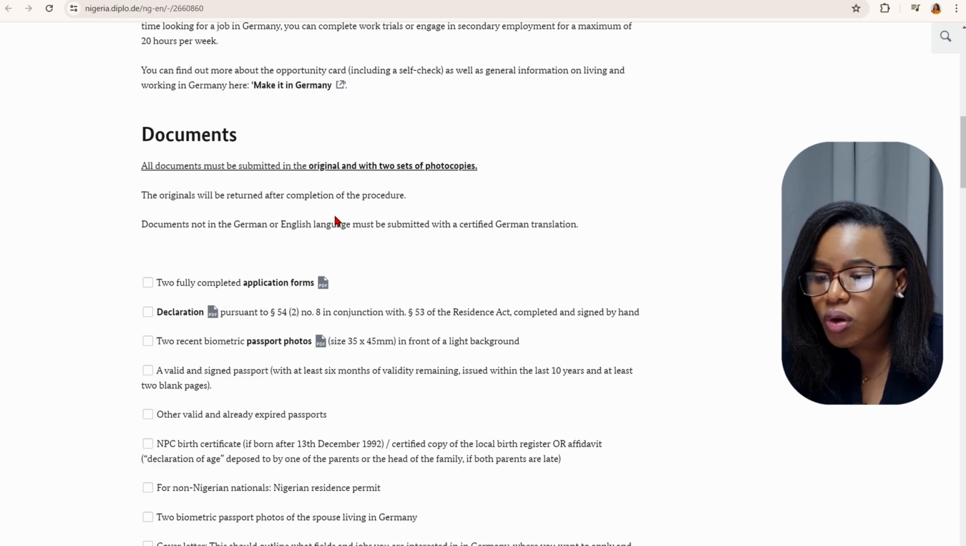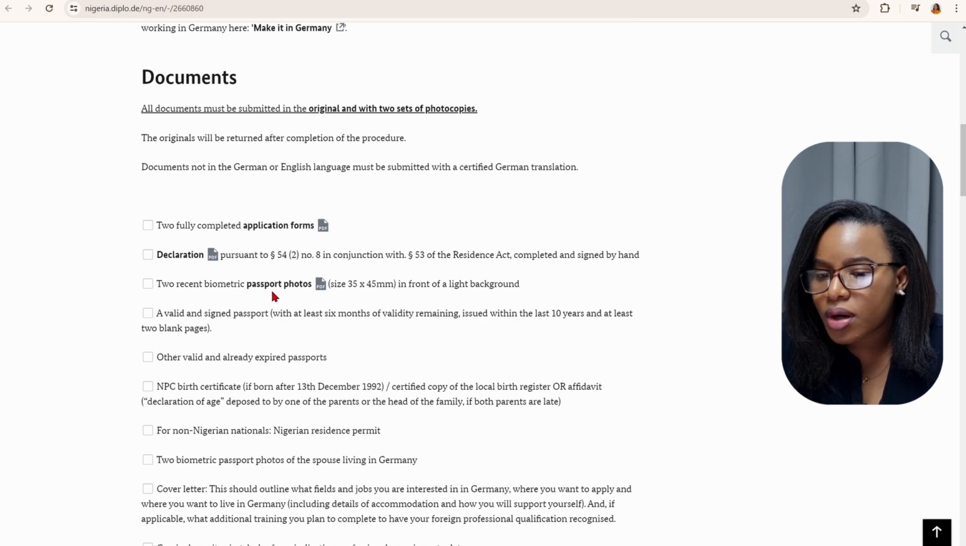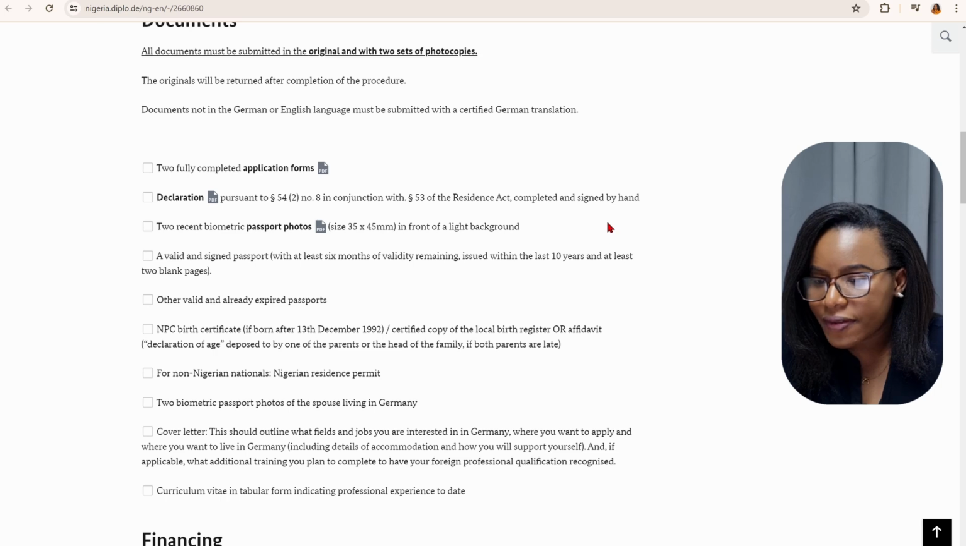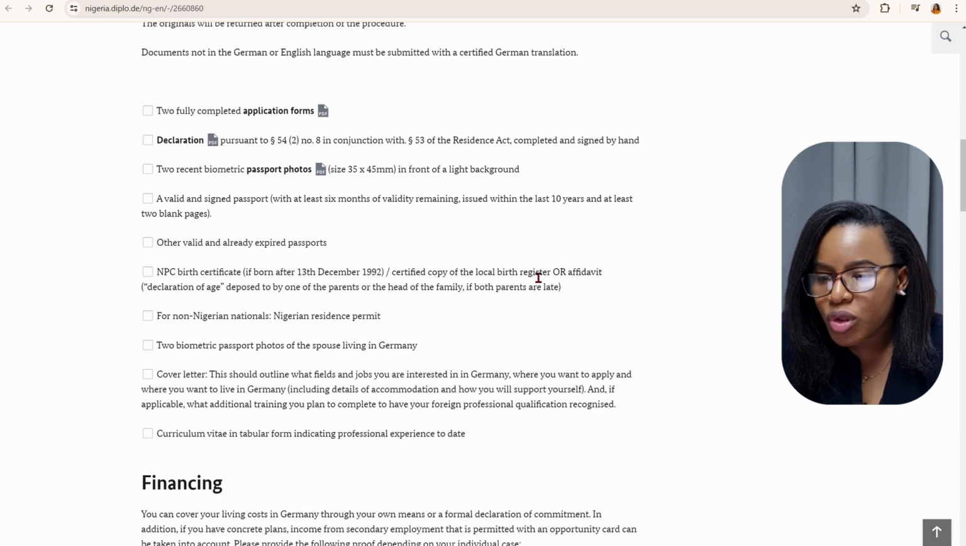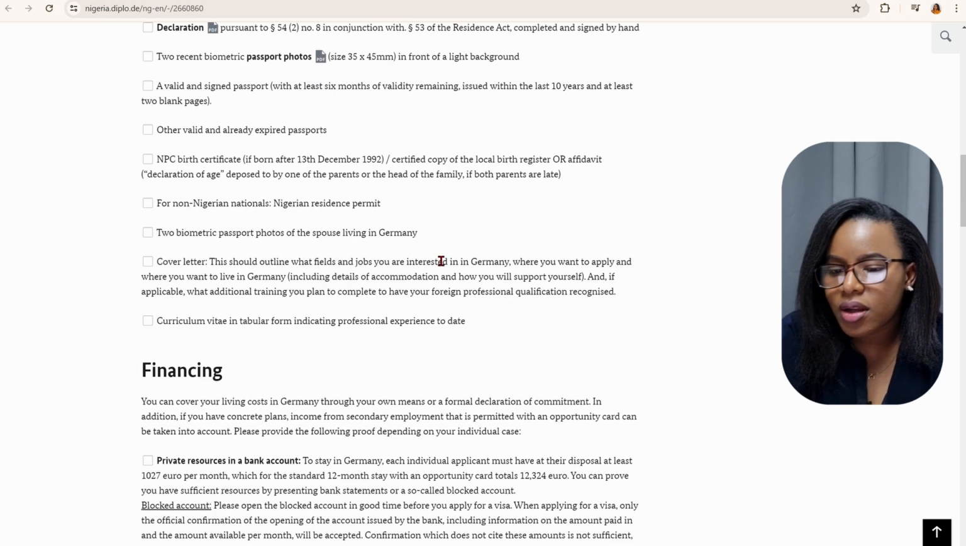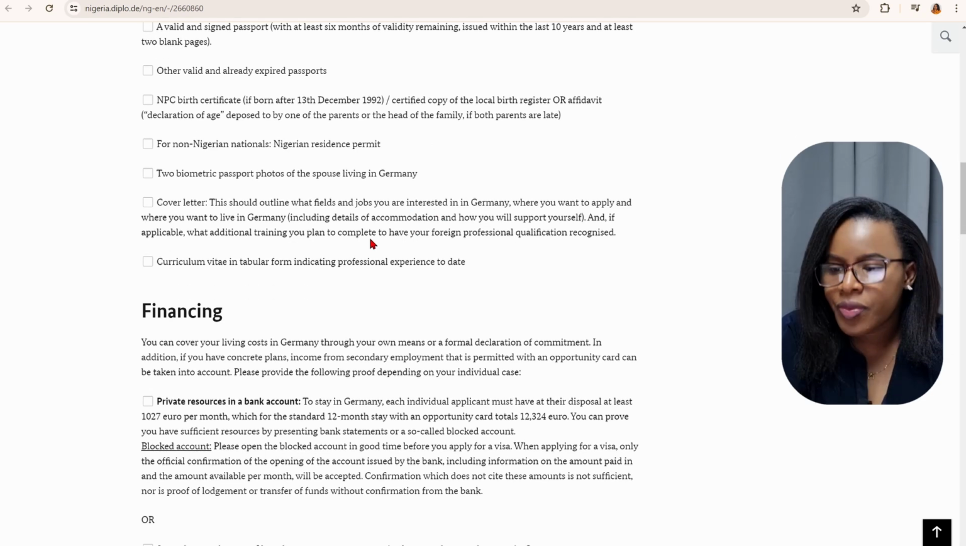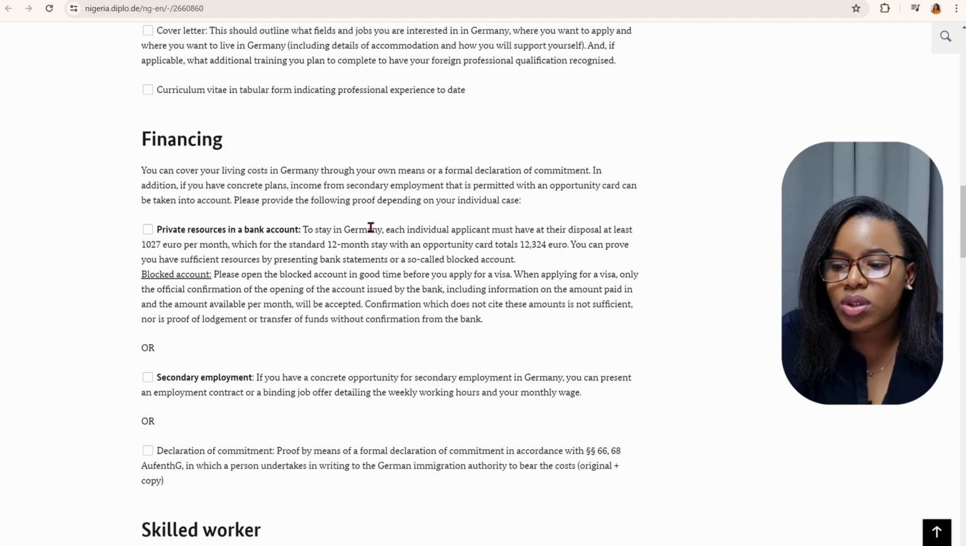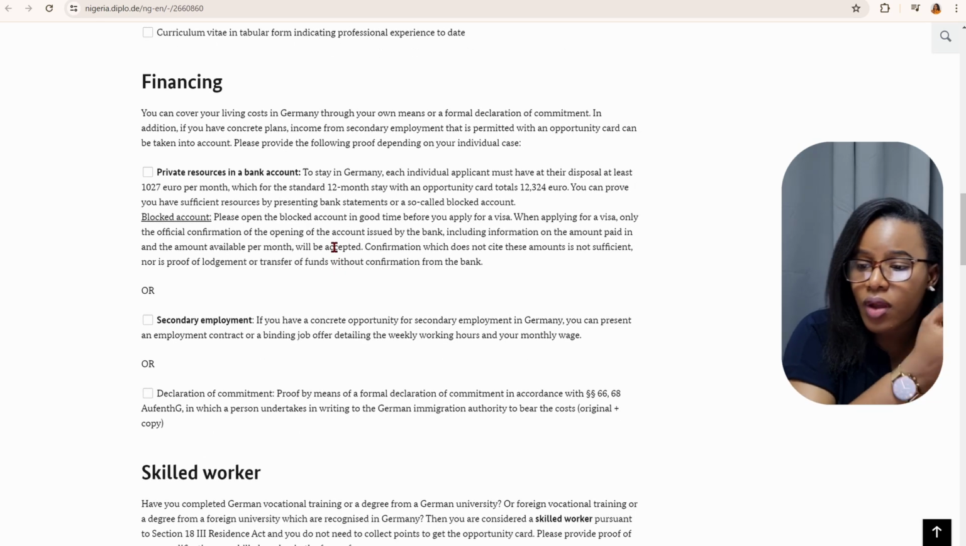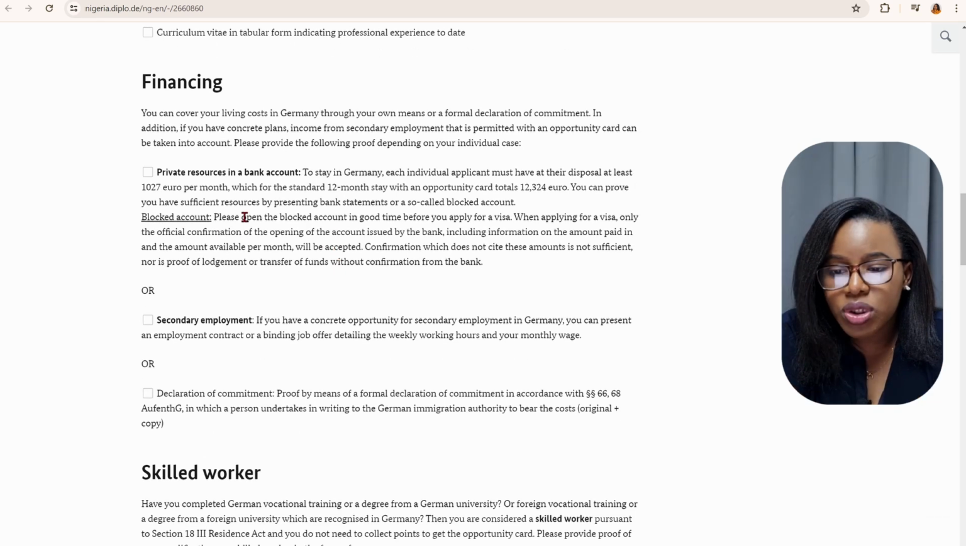So simply go through all of the passport, photograph, a declaration that you have to sign, all these different things. Please take your time to go through them. They have also here talked about the financing. So how are you going to finance yourself there? You have a blocked account which you can open, and of course you have the amount that is stated here,